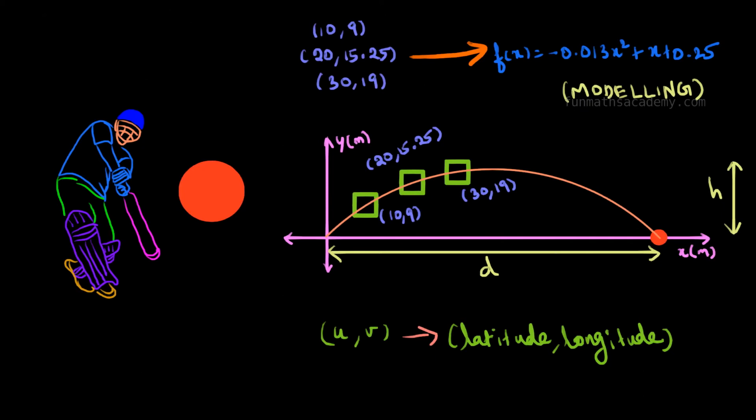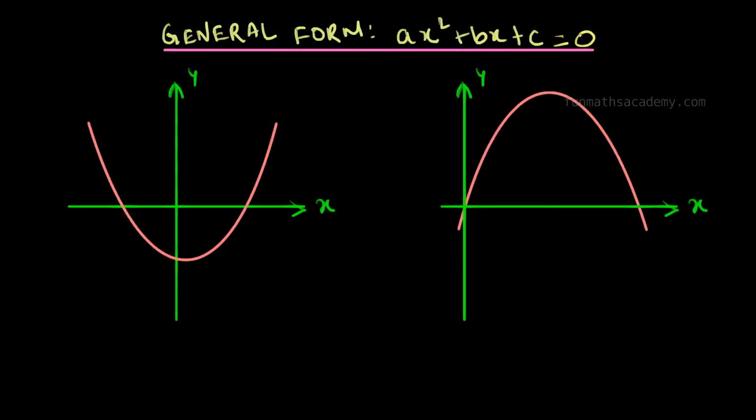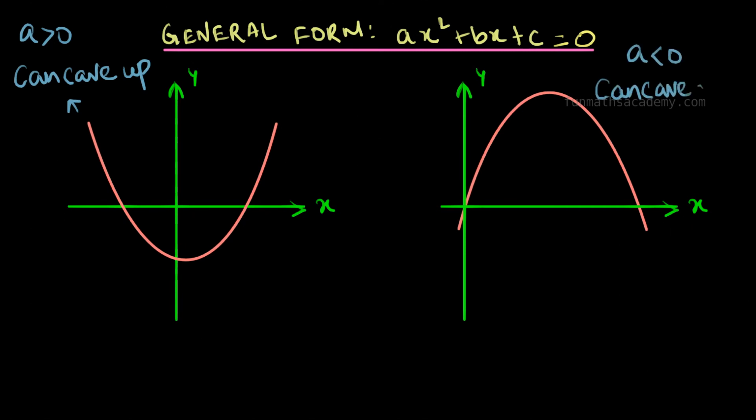So in this video, we will learn how to analyze the roots of a quadratic equation without solving that particular quadratic equation. Before we start, let us recall the basics of quadratic equation. The general form of a quadratic equation is ax squared plus bx plus c is equal to 0. When plotted on a graph, we get a U-shaped parabola. If the value of a in this equation is positive, we get the graph as concave up, and if the value of a is negative, we then get the graph as concave down.